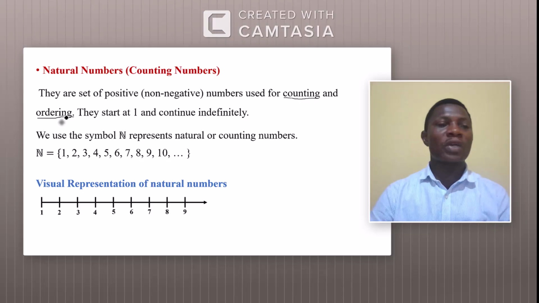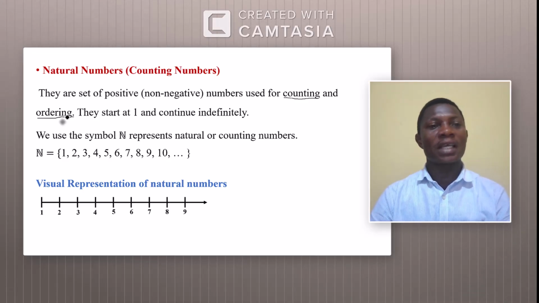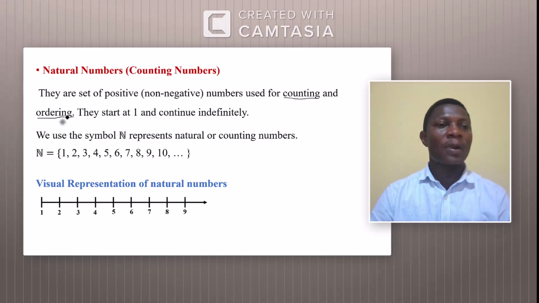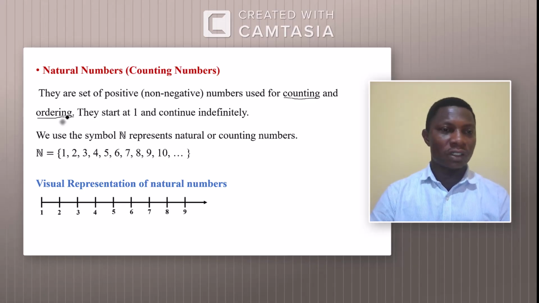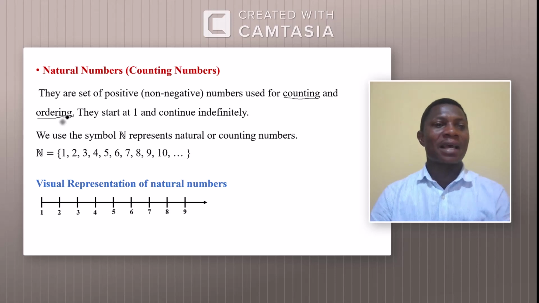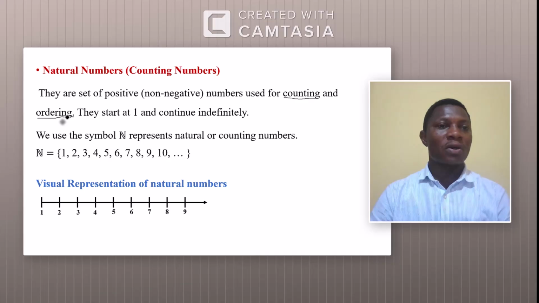Ordering, we can relate it to maybe the positions of students after exams or class tests. So we can say Eric is number 1 per the marks obtained in maybe a mathematics examination. Maybe Kwesi is number 2, in the second position. Ama is in the third position. Ajua the fourth position. So their positions are assigned with numbers. So we can use counting numbers or natural numbers to order a certain group of items, or to categorize them